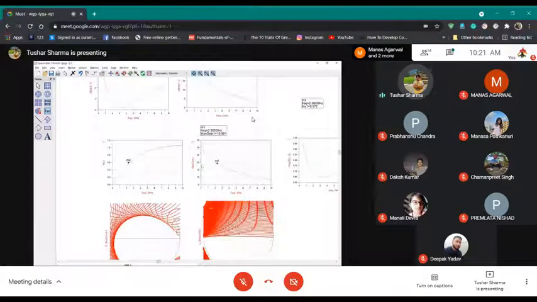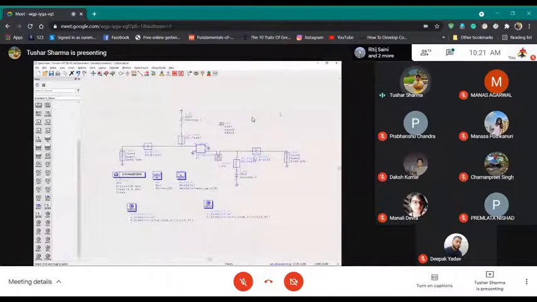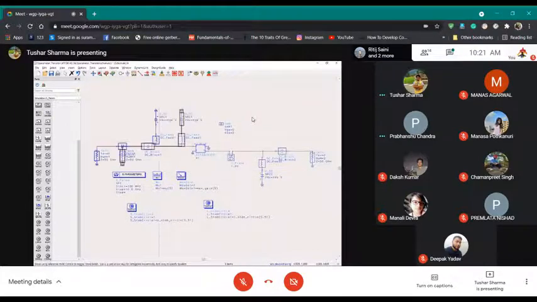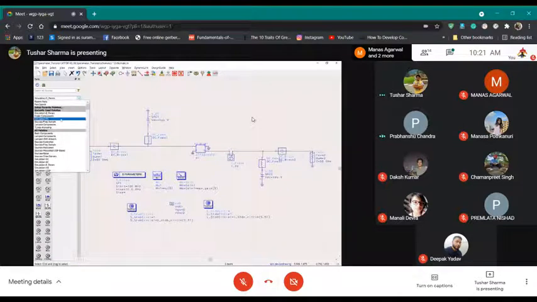So can someone tell me how to stabilize a transistor? We did read this in the last class, so I won't answer it. I want you guys to tell me how to stabilize the transistor. Prabhanshu, can you tell how to stabilize the transistor? We did study it in the last class. Yes, sir. We used to connect a series resistor by calculating it from the constant R circles from the Smith chart.